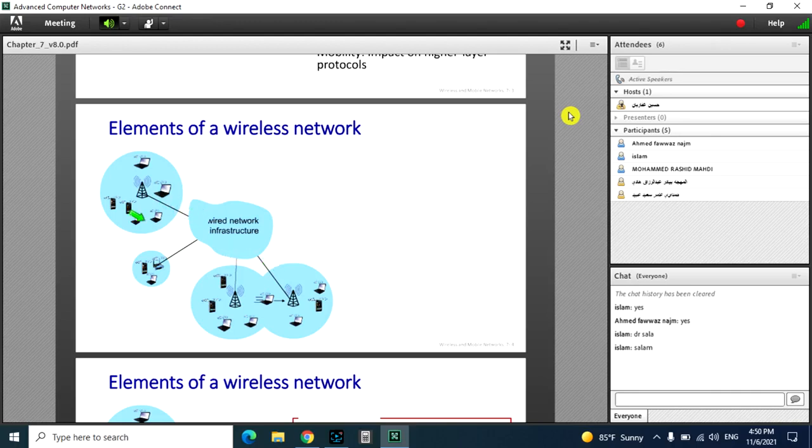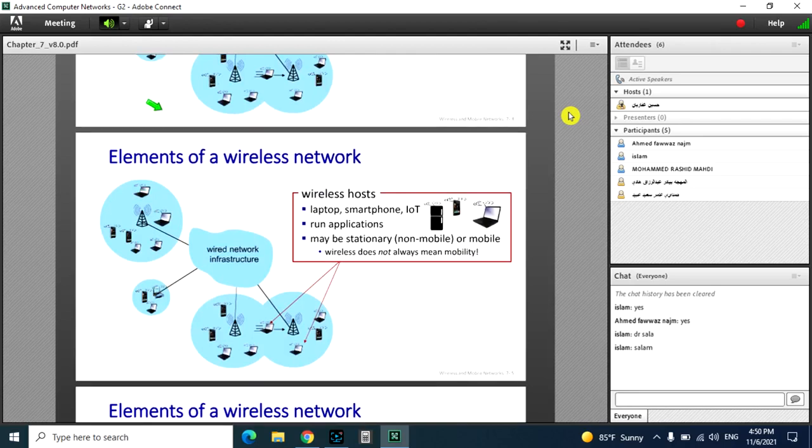and you can see some of those blue circles are bigger than the rest. Some of them are big and some of them are small. Okay. Let me talk about the elements more clearly. The first element is a wireless host. A laptop, a smartphone, and a wireless IoT sensor, I don't know. A wireless host is a system which runs a network application,